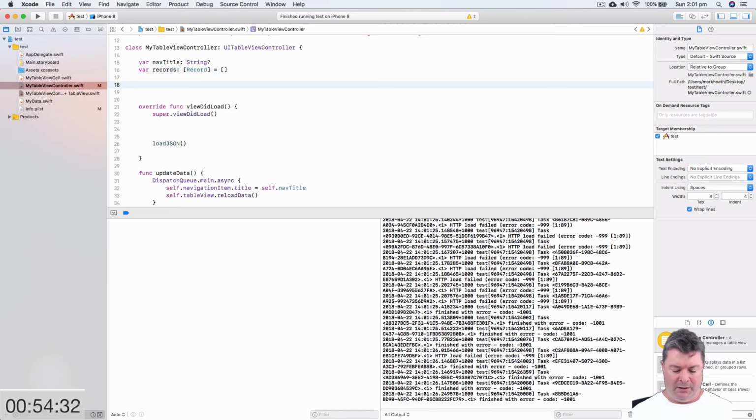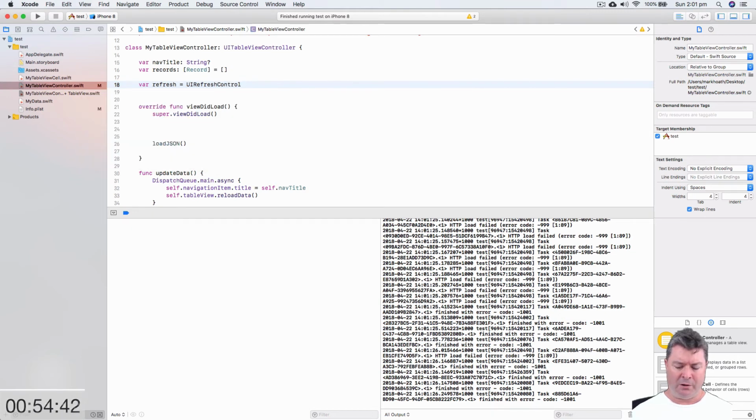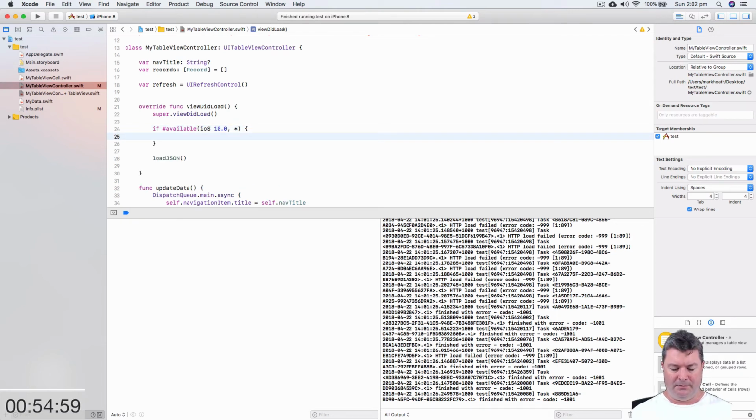So we need a variable which we're going to call refresh, and we're going to call that a UIRefreshControl. And then down here we're going to go if #available iOS 10.0 or better, then